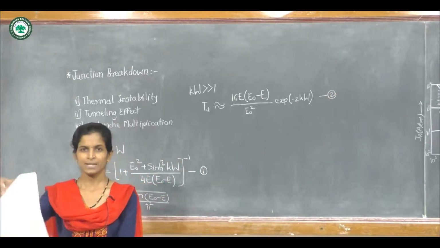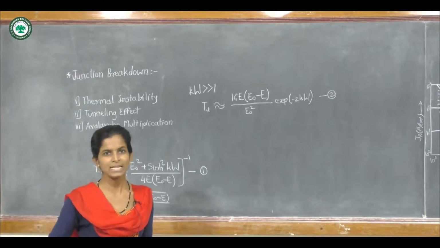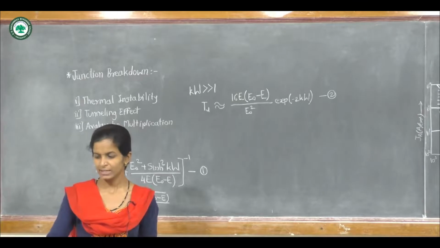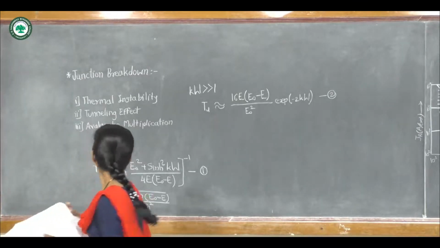A similar expression has been obtained for PN junctions. The tunneling current density is given by